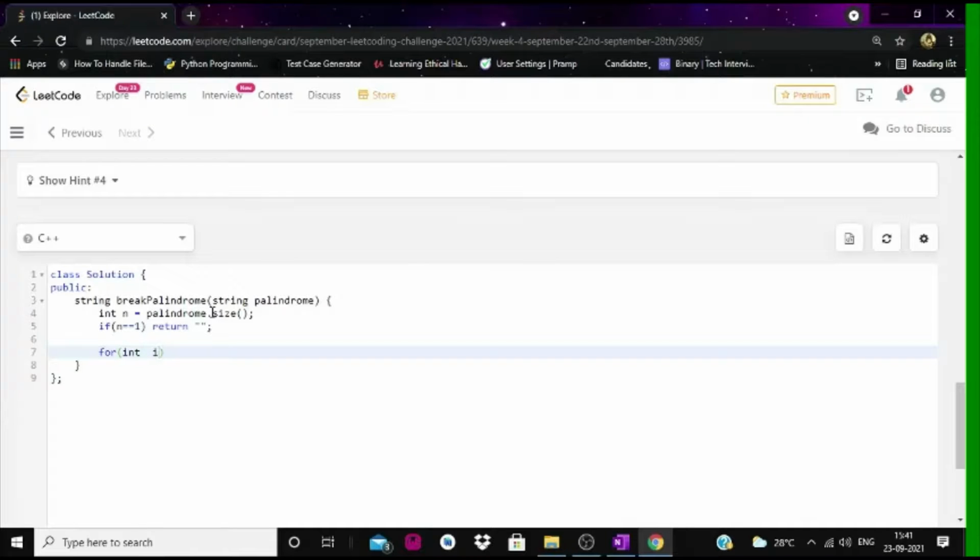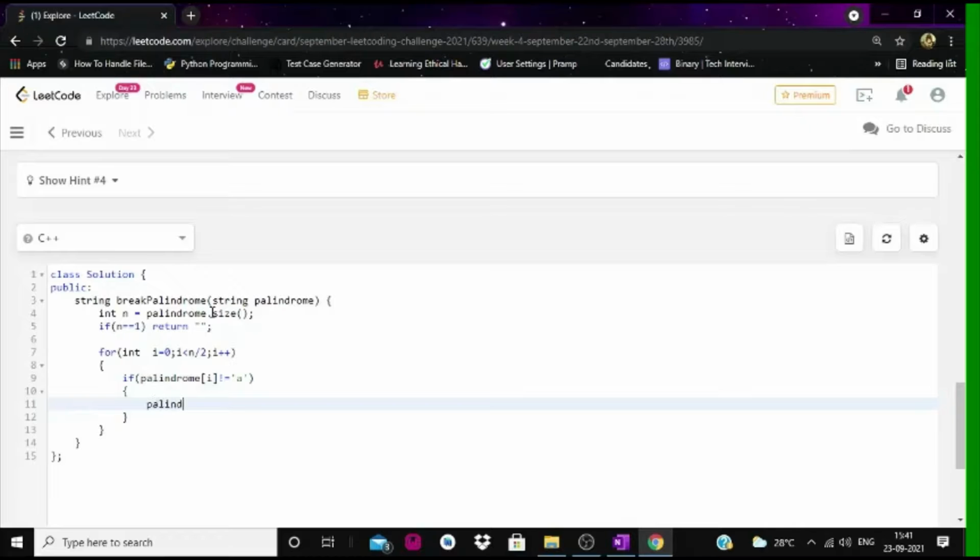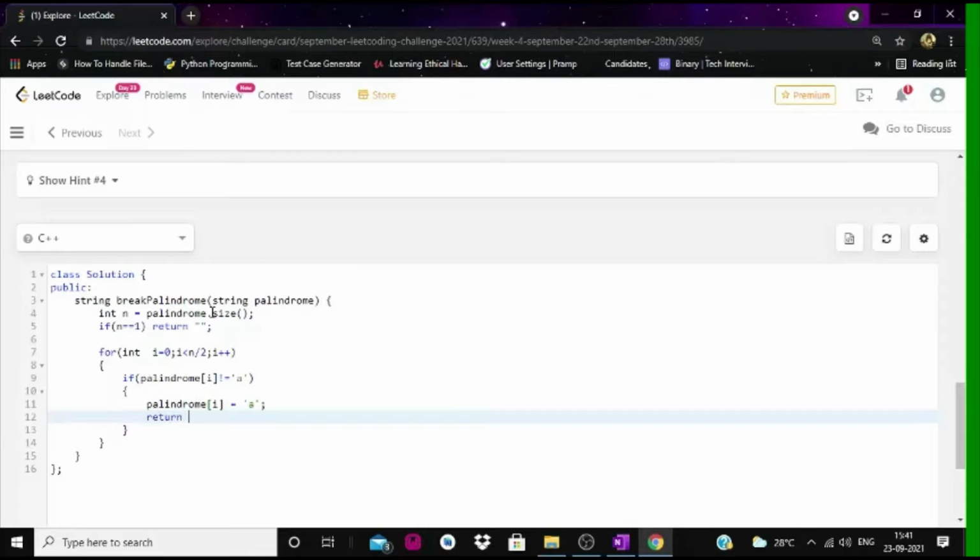So we need to check the first half for any character that's not equal to A. If it is there, then we will change that particular character to character A and return our answer.